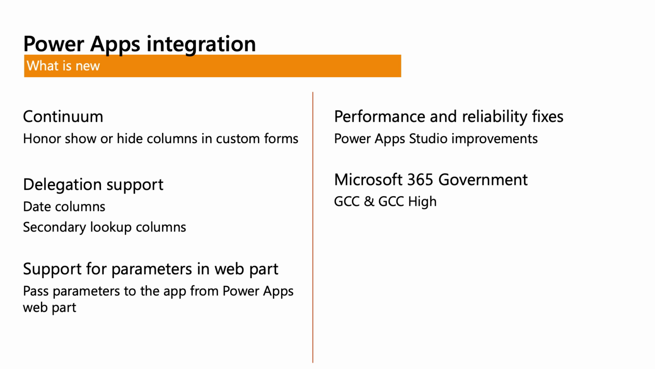The Power App Studio will understand that you are using date and will now go and fetch the items from the server, from SharePoint, for the specific filter value that you have defined. It's a really good way and really improves the performance for many scenarios for many customers. We also provided delegation support for secondary lookup columns, which also makes it much more efficient when you are filtering